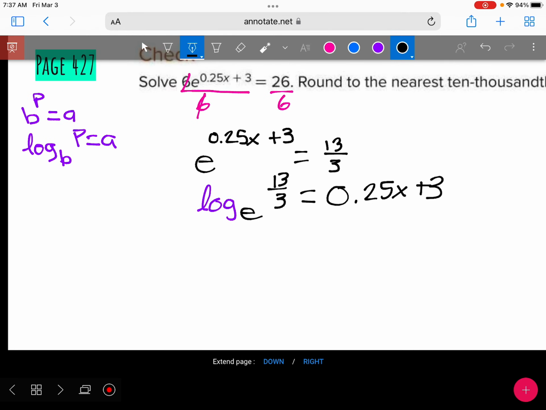Log base E is also known as the natural log, ln of 13 thirds equals 0.25x